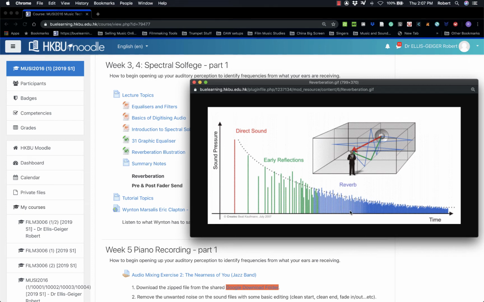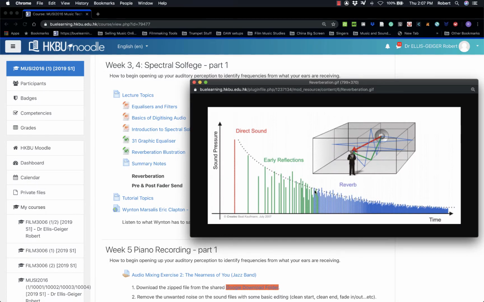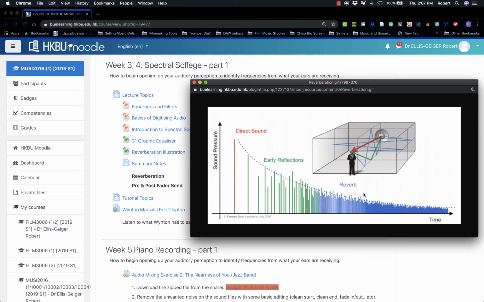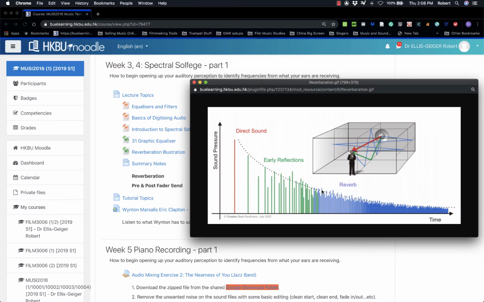So remember, this is time. Early reflections, when I specify 0 in the pre-delay amount here, that's moving all of these early reflections as a group as close as possible to the direct sound. Within Pro Tools, the decay amount is the reverberation time. Going back to my illustration, the reverberation time. A longer reverberation time, the room will take longer for the sound to die away. Shorter reverberation time, the reverberation time will